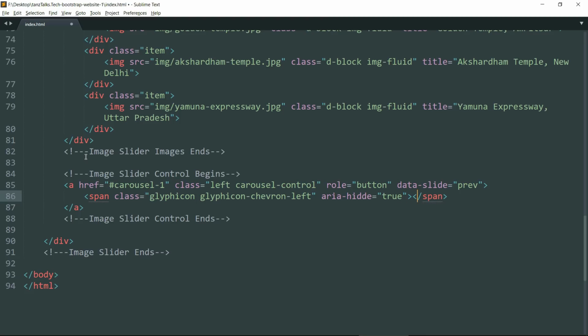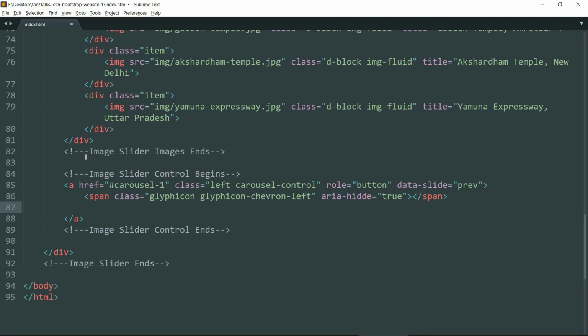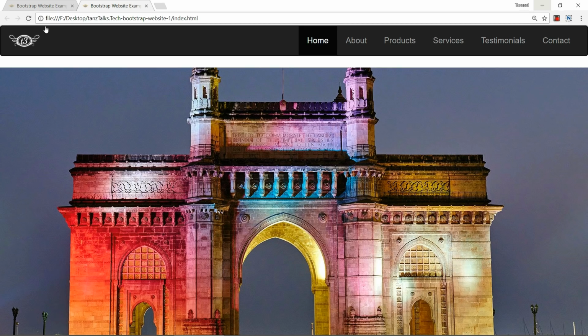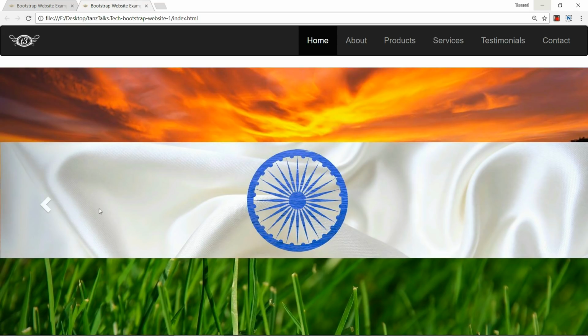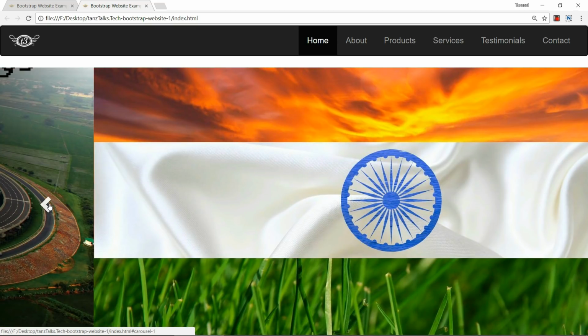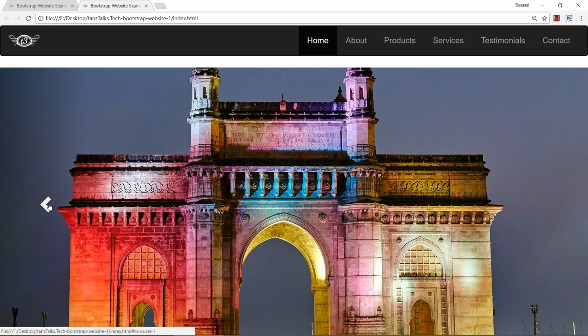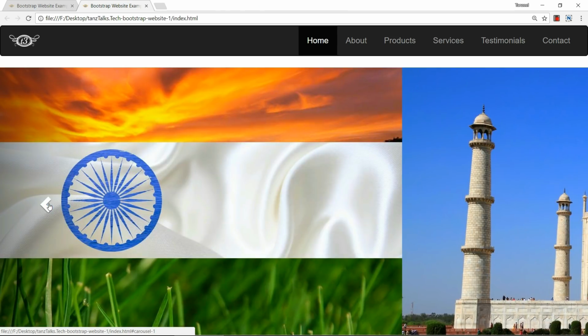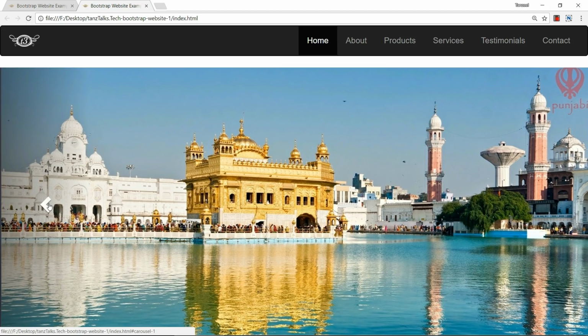Close the span tag, then another span tag with class sr-only and write the text as previous, and close the span tag. Save it and open the website. Okay, now we have the left control here. We can click on it and see it's working. It will take us to the previous image if we click on it.